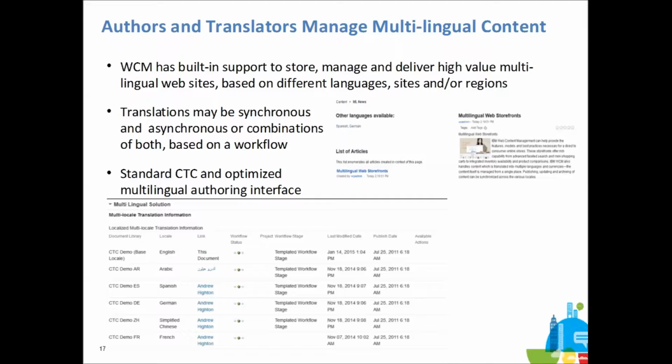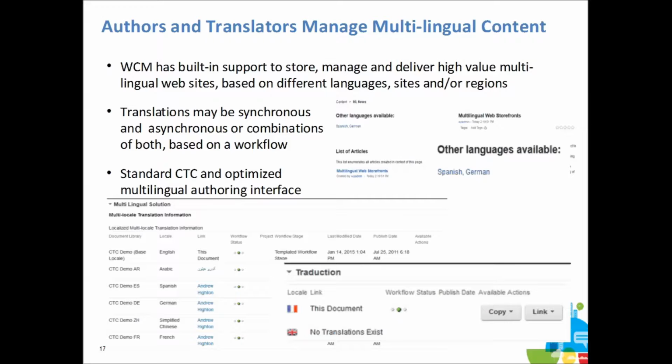Then you can specify how the translation has to happen, whether it should happen in a synchronous way or an asynchronous way. In a synchronous way, you need to configure the authoring template to use MLS workflow, so that whenever a content author creates the content in English language, the content gets automatically copied to other languages and other regions. In the authoring portlet, there is a translation section. In the translation section, you can see that there are two buttons, copy and link. In an asynchronous way, the content author has to manually click on that copy or link to other libraries.